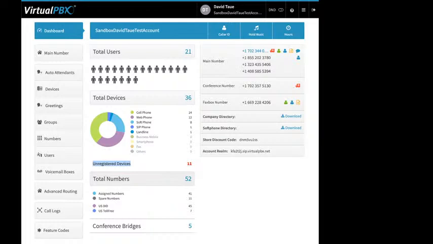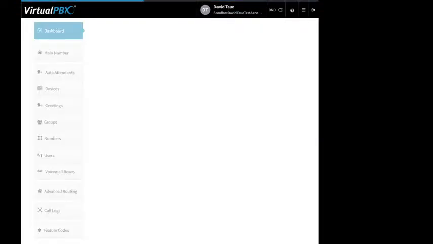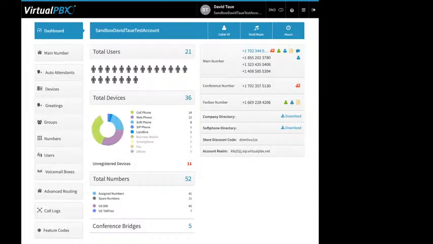All right, down here we've got total numbers, which is 52. These are customer-facing phone numbers, right? And then it's broken down here. So I've got both spare numbers and assigned numbers. An assigned number means it goes someplace, right? Someone can dial that number and they can expect to either speak to someone or at least get to a voicemail, right? That can include your fax box